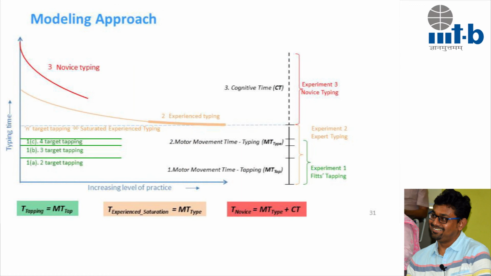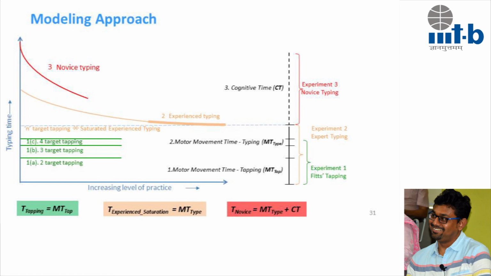So we were talking about the application part of it. We did experiments, there were 3 experiments. What we got out of these experiments? One of the experiments was to tap between keys. What we did is increase the number of targets. So Fitts did this experiment tapping between 2 points. We tried doing n points. We tried doing 3 points, then 4 points, and 5 points. Try to see if we can replicate the typing behavior.